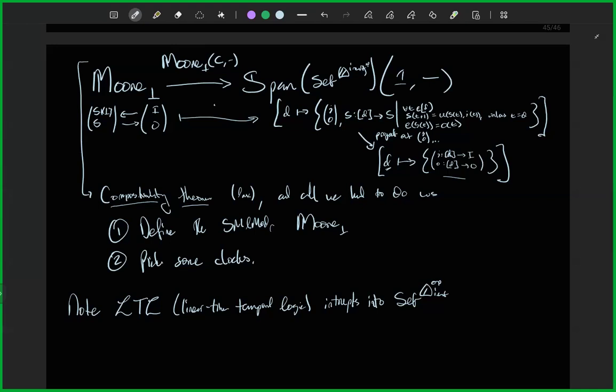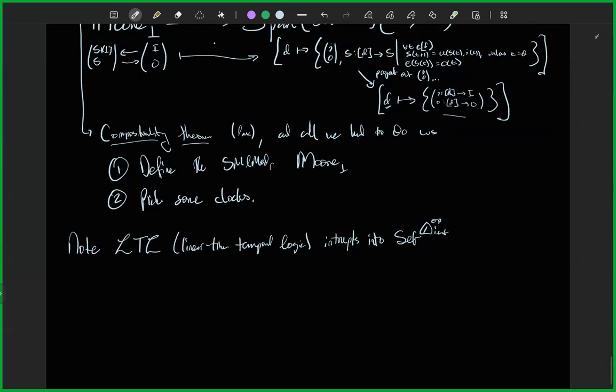We had a lecture about that previously. So if phi is a formula concerning, say, the states,